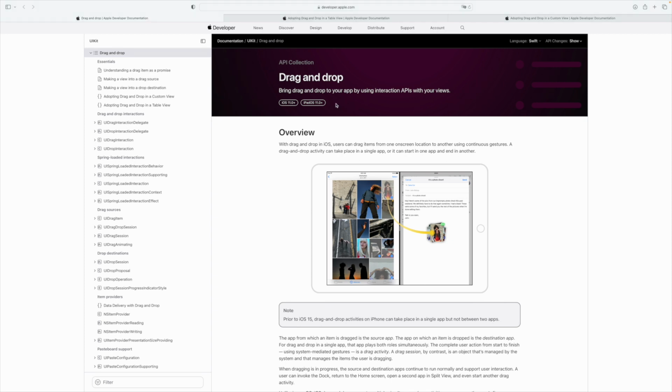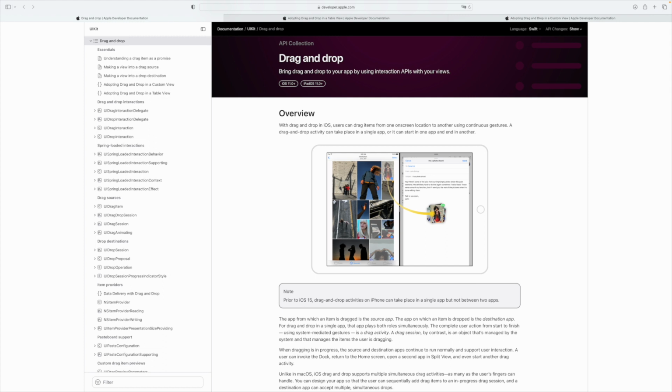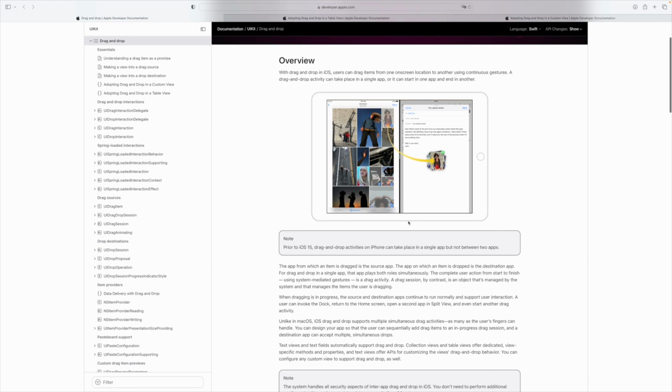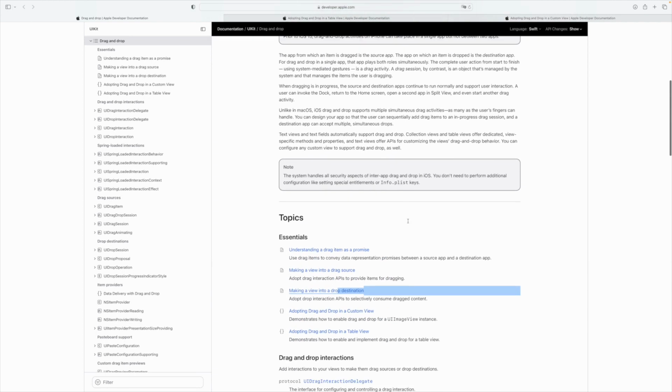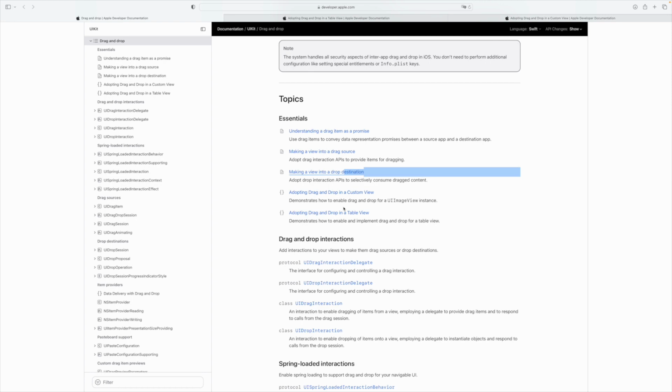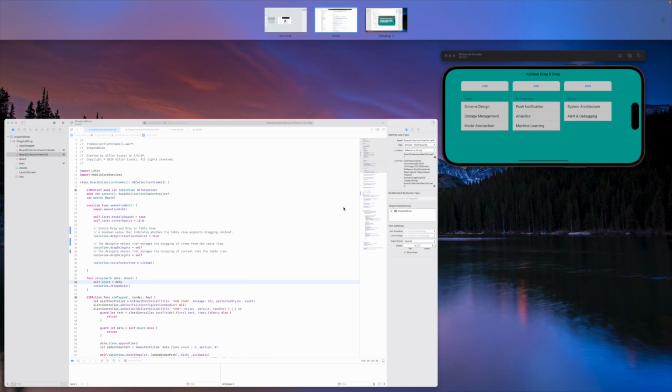Drag and drop API is a collection under UIKit that allows the user to drag and drop items such as images, text values, cells, or other objects within one application or even across different apps. So based on the name, we could potentially have two major actions: drag and drop. And accordingly, the code implementation should also contain two parts: the source, also the destination. Is it true? Now let's dive into the real application and code to find out.